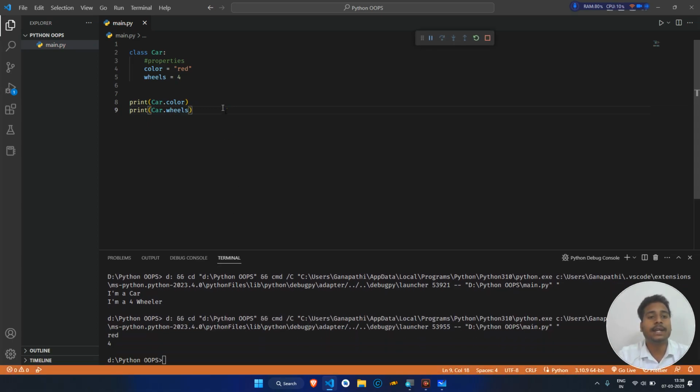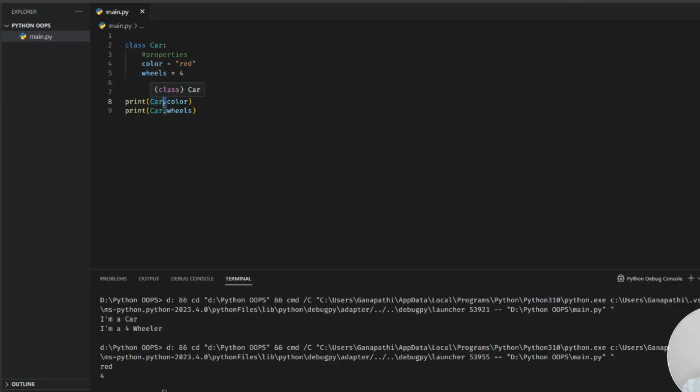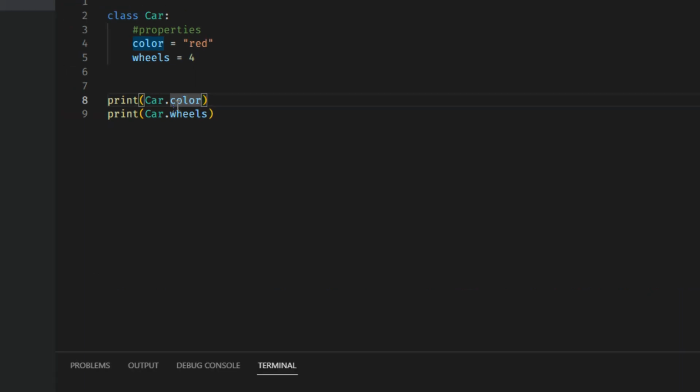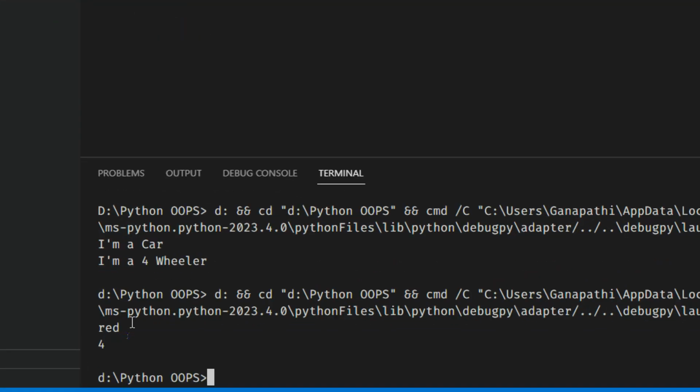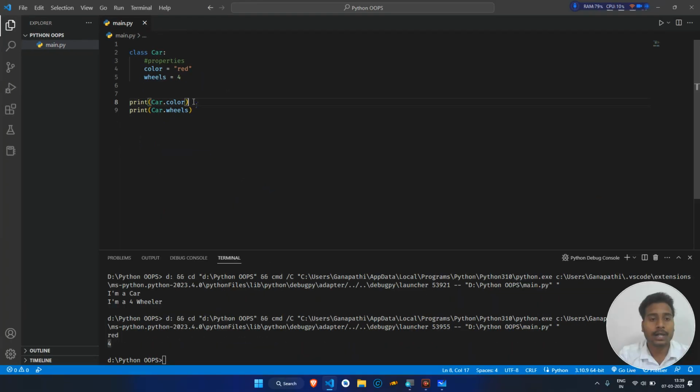So here you can see I defined some color and I defined wheels for the class Car. Now when I wanted to print it, I used the class name and then a character, which is a dot. You can see I use a dot. So you can see here the first one is red and the second one is 4. So to use something inside the class we have to use the character dot. All right, so these are the properties, and now let's move on to the